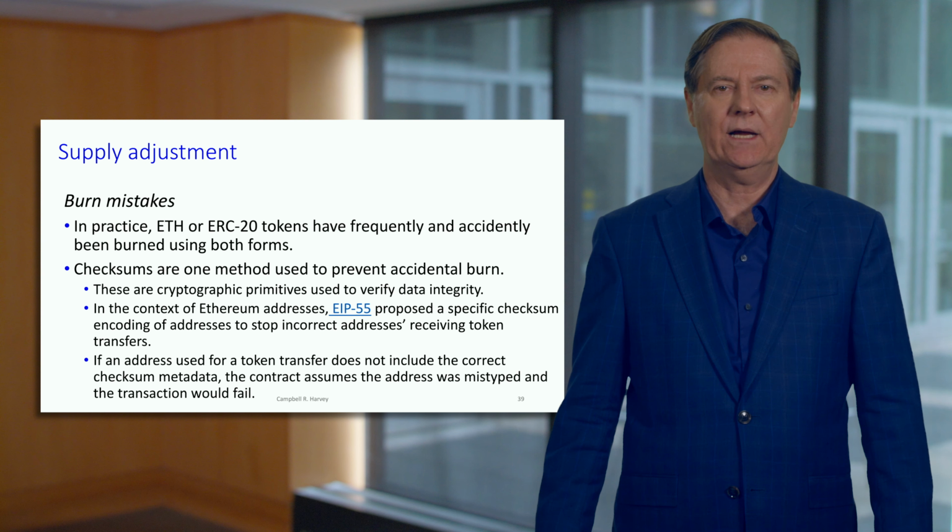There's the EIP 55, which you can look up. EIP is Ethereum Improvement Proposal, number 55. It's actually suggested by Vitalik, and it's very elegant, and it's basically a checksum. So when you put in the address that you're sending to, there'll be a check that's run, and it will flag most of the time if that address is invalid, because it would not pass the checksum. And that means that the transaction fails.